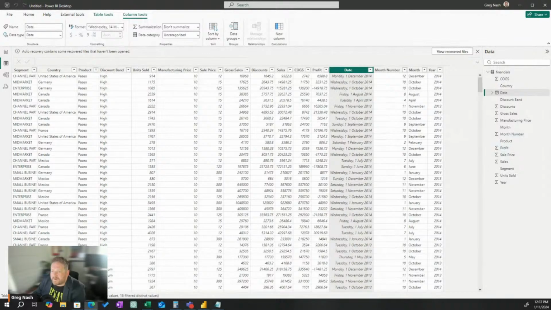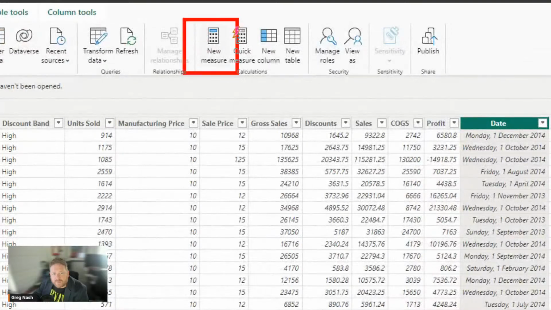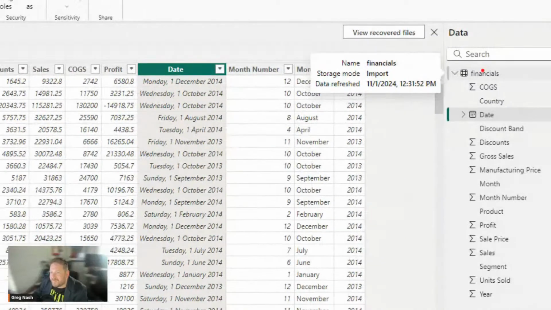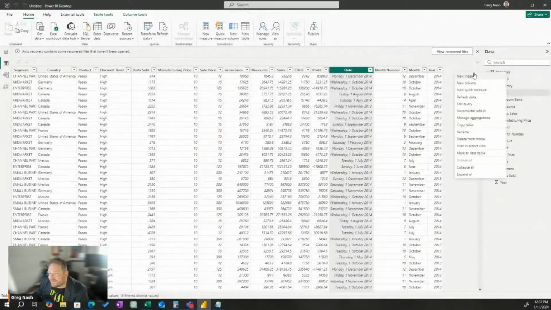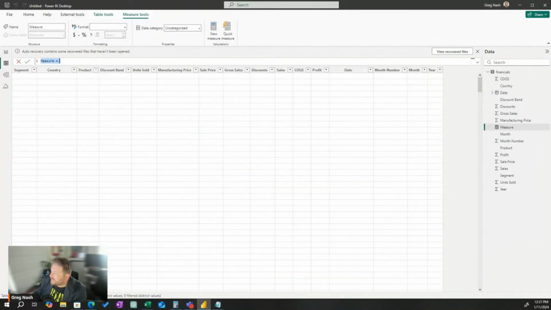All right. So I'm going to create a new measure. There's a few different ways to create a new measure. I'm going to the Home tab. You can click this button here, and it's called New Measure. The other way, the way that everyone does it, is you right-click on your table here, and you say New Measure, like that. You can do it however you like. They're the 2 main ways.